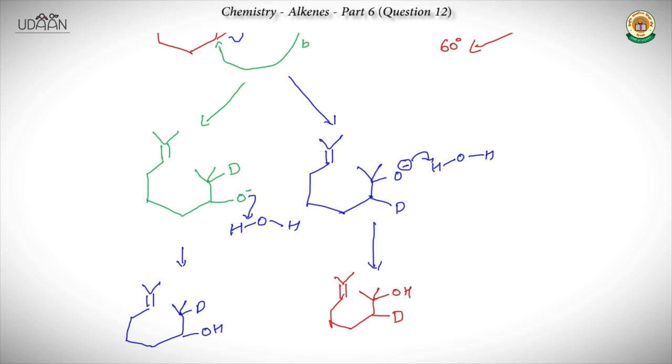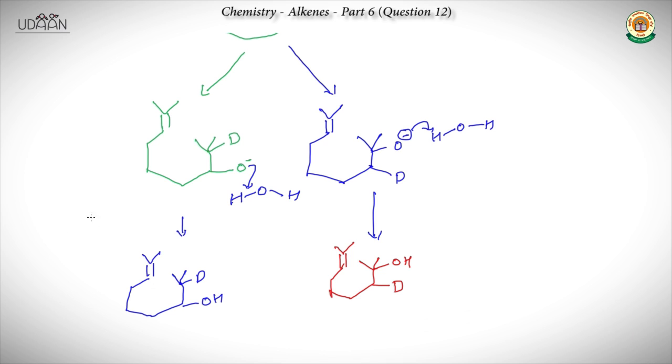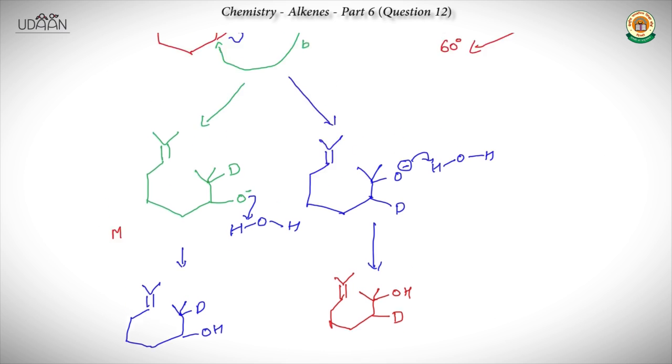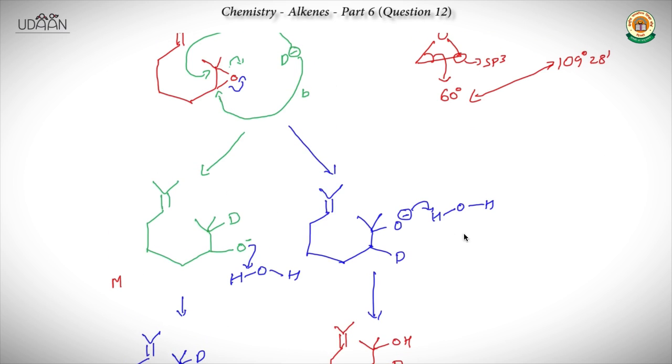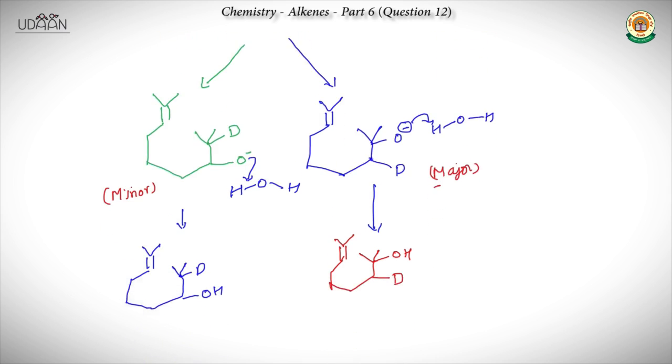Now this is gonna be the major one and this is gonna be your minor one, because D minus suffers steric hindrance from two methyl groups, so this is your minor one and this is your major one. Now let's try solving the second part of it,